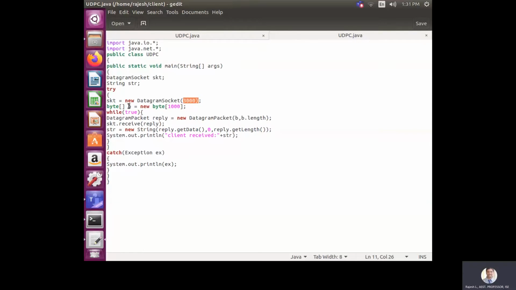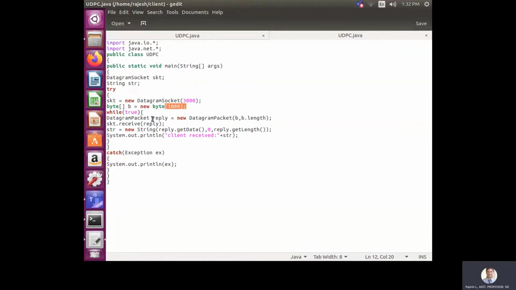Next, we are going to create a byte array variable with a maximum of 1000 characters to hold the data. These 1000 characters are going to be accepted from the server. Whatever the server types, those characters are going to be received at the client side into this variable.